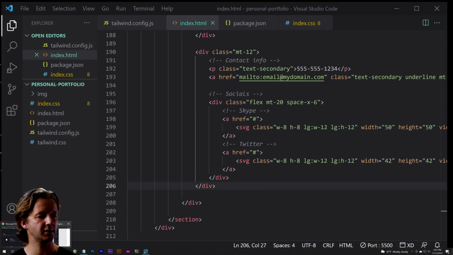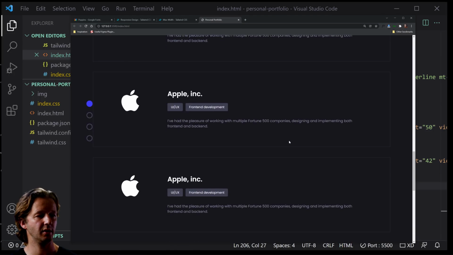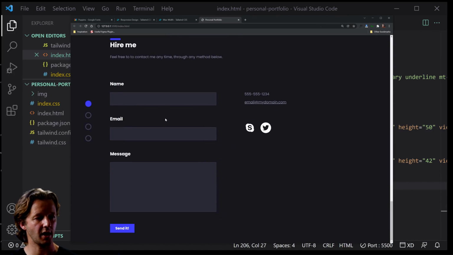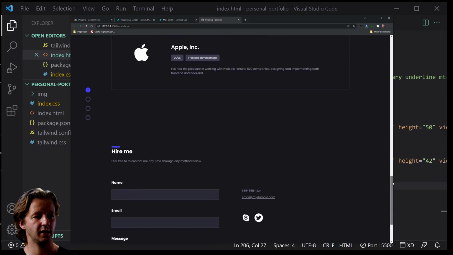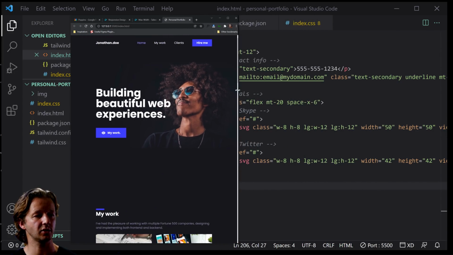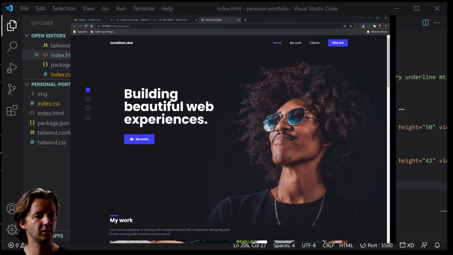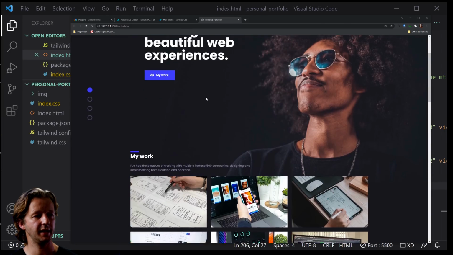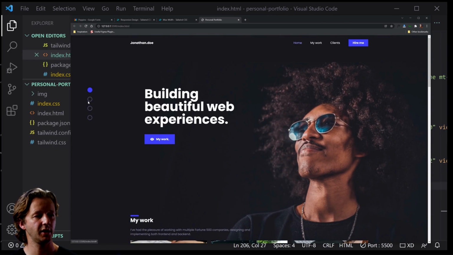So if we save this and we come back up here, we'll see that we have our form, highlights nice, good accessibility. And there we go. If I get this back to 100%, this is what it looks like. Very, very similar, as you can see, to the actual mockups created in Figma. So let's get this section right here working, this nav, because right now if we click